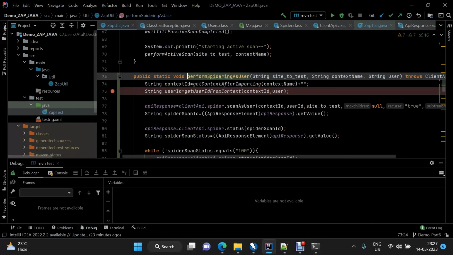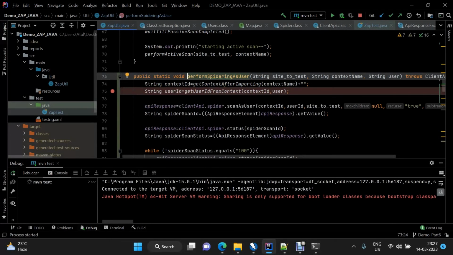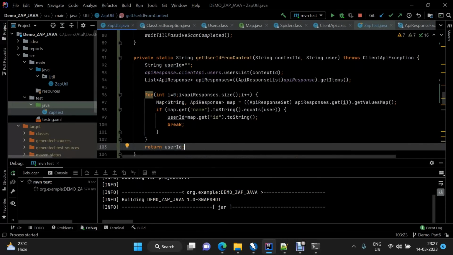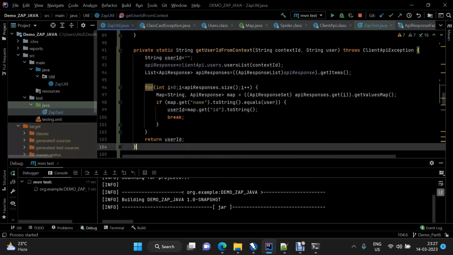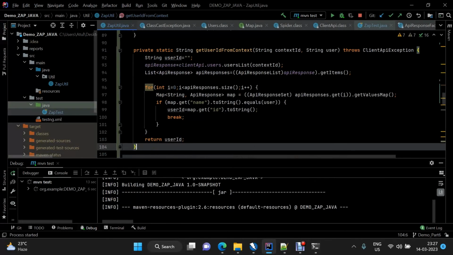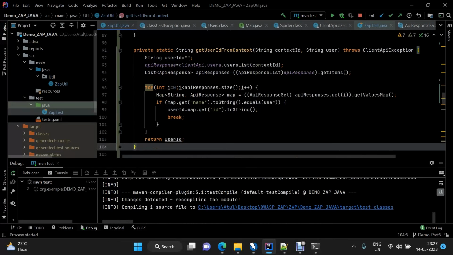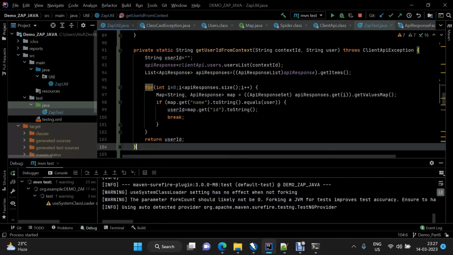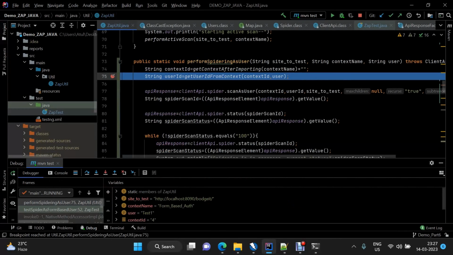And if you go here, this is a breakpoint, and I'm going to debug the code now. Here we want to see how this user ID is being extracted. So if we see the code first, we have the list of API responses, then we are iterating through each API response one by one. Then from each API response, first we fetch the API response set, and then we get the map out of it. So this map is nothing but, like in the Postman, we were able to see user IDs, then username. So let me show you in the code itself, and